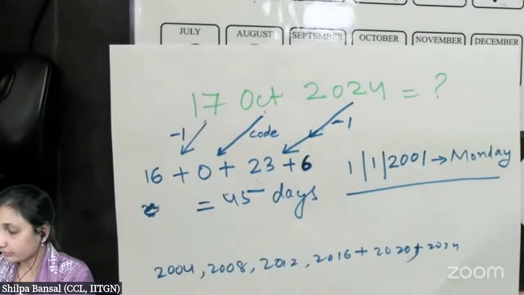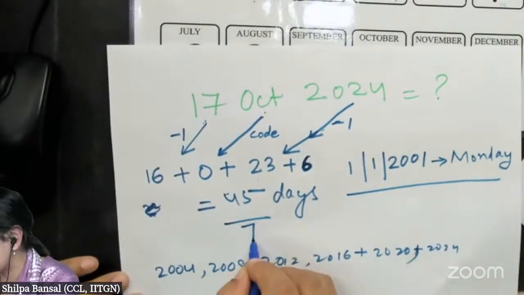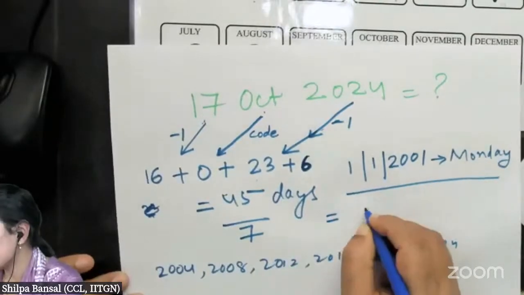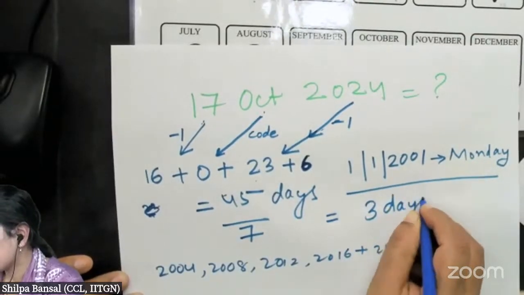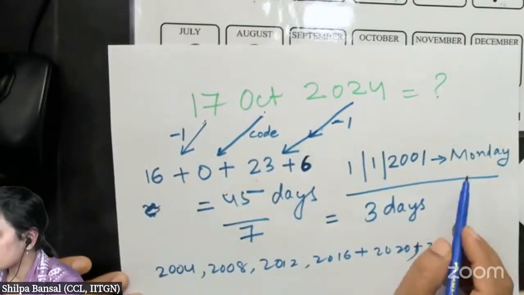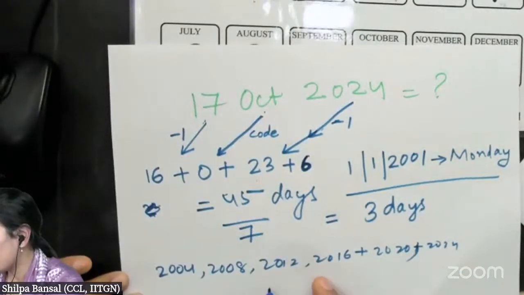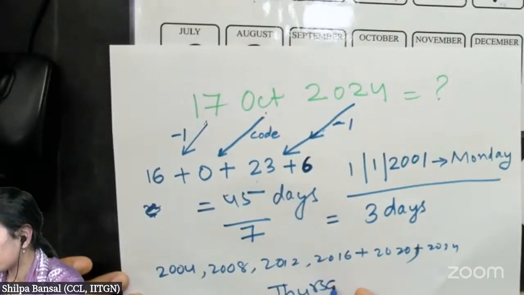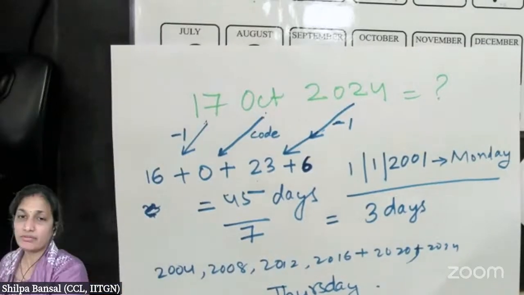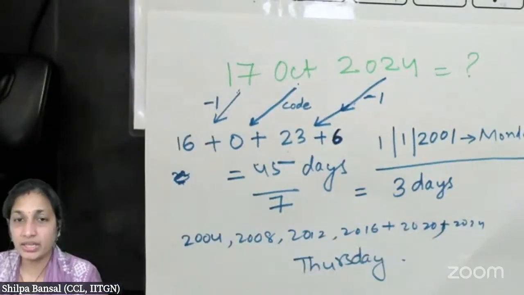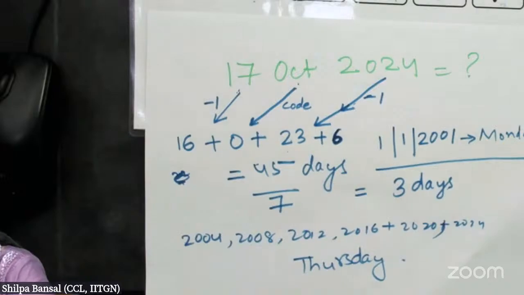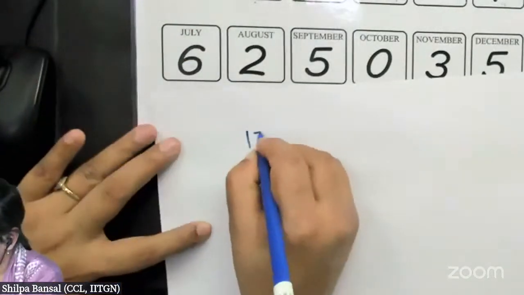And then if I divide it by 7, what is the answer? 3 days. So move 3 days ahead. So I will get Thursday. So once again we will do. It is very clumsy. Once again I will write: 17th October